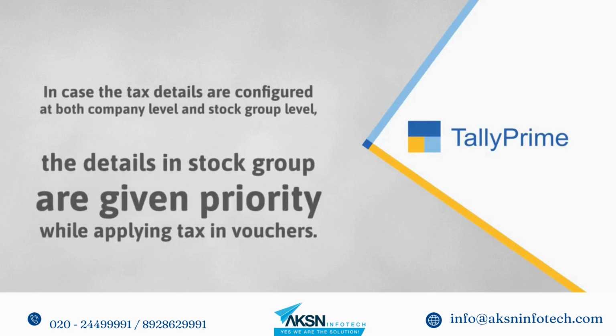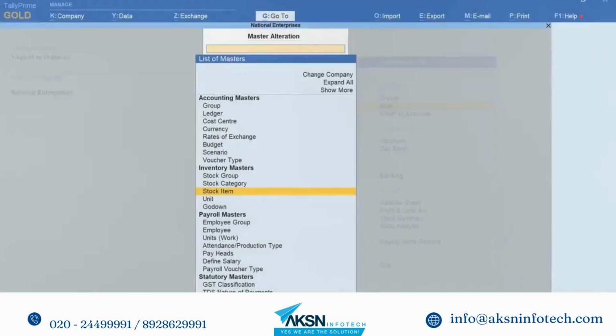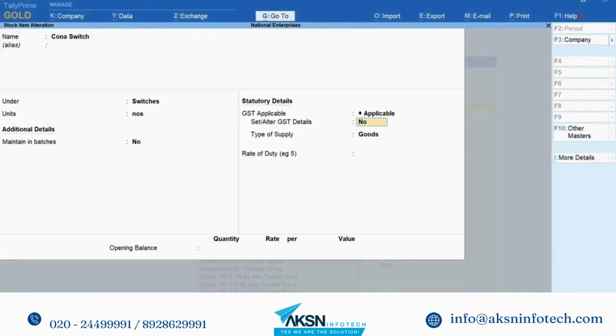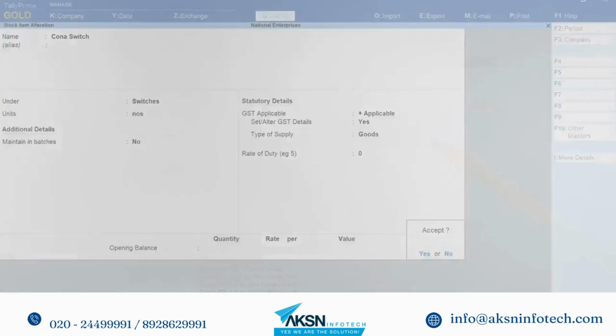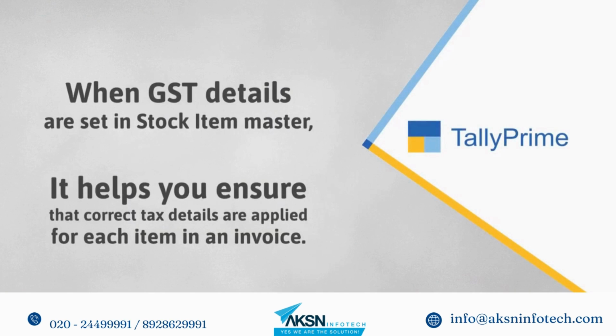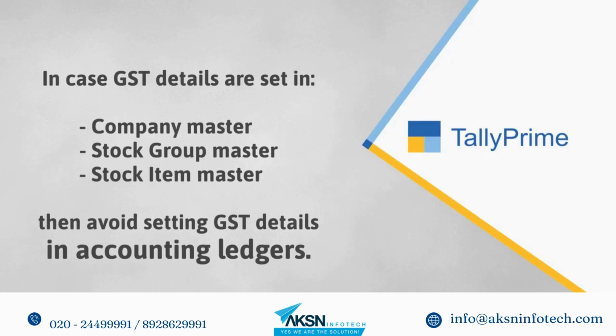अब आप वाउचर में आइटम चुनते हैं। टैली प्राइम स्टॉक ग्रुप में दी हुई टैक्स संबंधित जानकारी लागू करता है। यदि टैक्स से संबंधित जानकारी कंपनी और स्टॉक ग्रुप दोनों जगह कॉन्फ़िगर की है तो वाउचर में टैक्स लागू करते समय स्टॉक ग्रुप में दी हुई जानकारी को प्राथमिकता मिलेगी। उसी तरह यदि आपके बिजनेस में वैसी आइटम्स का उपयोग होता है जिनका HSN कोड और टैक्स रेट अलग है तो स्टॉक आइटम्स में GST की जानकारी कॉन्फ़िगर करें। इससे सुनिश्चित होगा कि हर आइटम पर लागू हो रही टैक्स की जानकारी सही है।